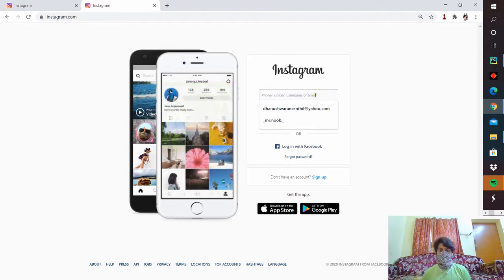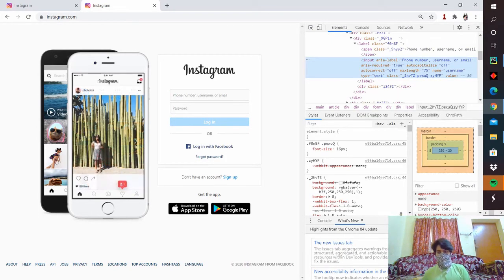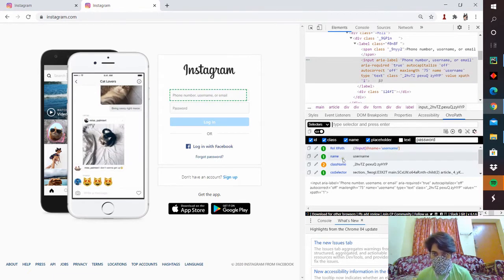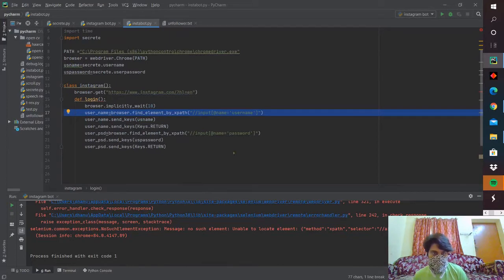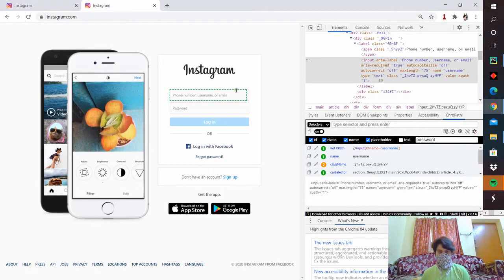So how can we get the XPath? Right click on it, click on inspect. You would be taken into this page in which you can see this small window. You can also see ChroPath if you have installed it from your web store. So you can see Rel XPath. So this is the relative XPath. You can just copy that XPath, click on copy, then go to your PyCharm, place it between the double quotes. So this allows your computer to see where the username text box is available.